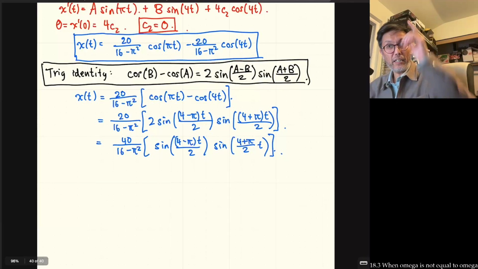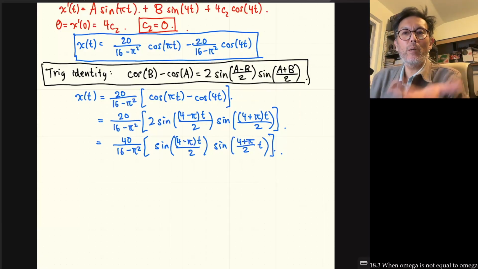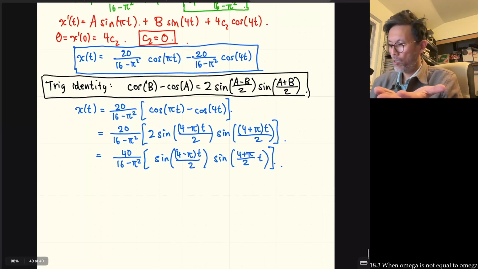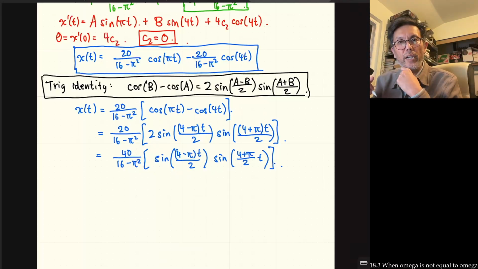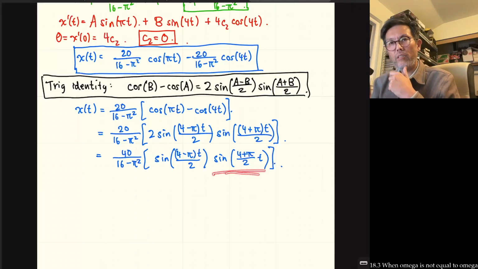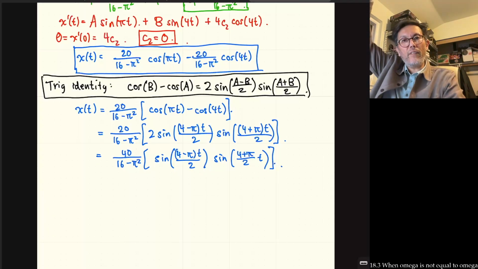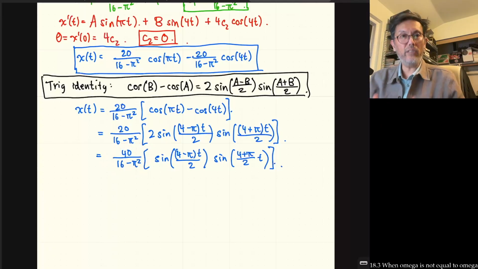But here's what I want to say. Okay, what's the maximum displacement of our harmonic oscillator? Well, this is a sine wave which oscillates on its own between 1 and -1. Similarly, this oscillates between 1 and -1. So the product of these oscillate between 1 and -1. They can't get outside of 1 and -1. So the maximum displacement, or the maximum amplitude that we're going to see here, is 40 over